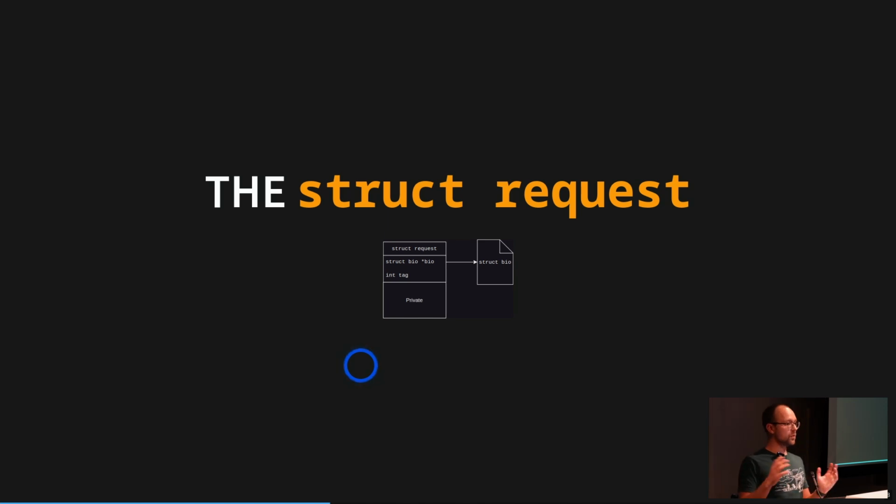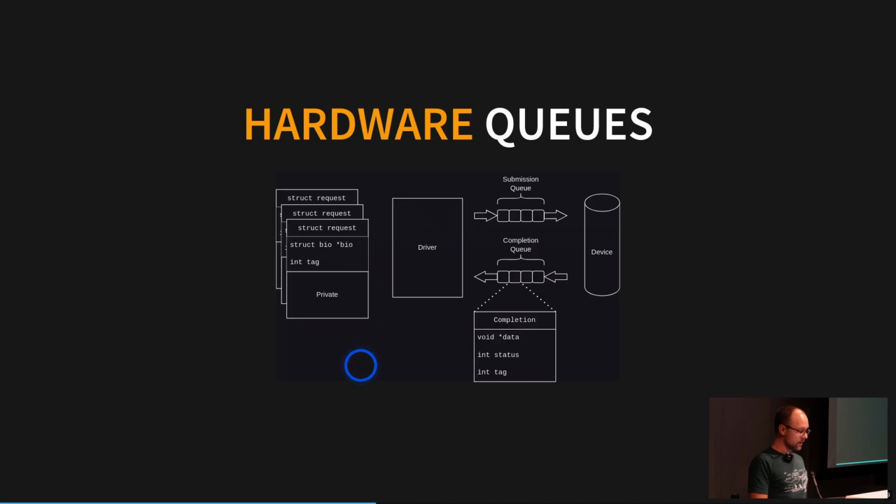The bio I showed before, when we place it into these request layer queues, we wrap it in another structure called the struct request. Very fitting. The most important thing about this is it points to your gather-scatter list, the bio, and it has a place to put a tag. And the tag is smart because